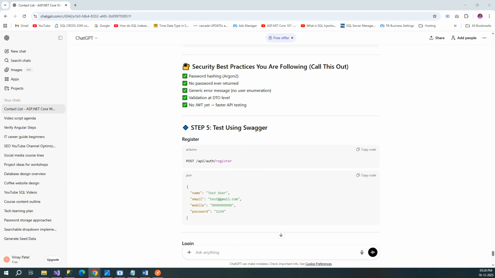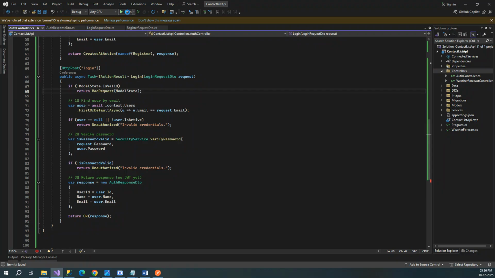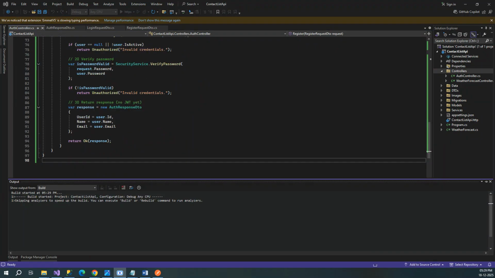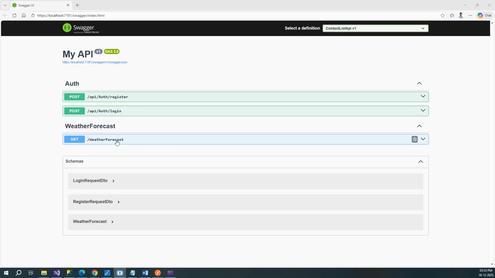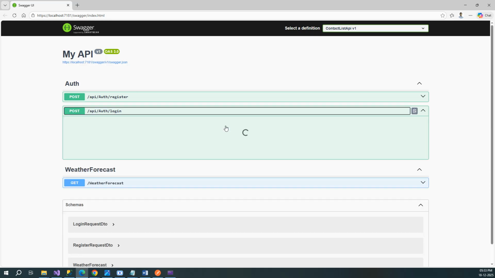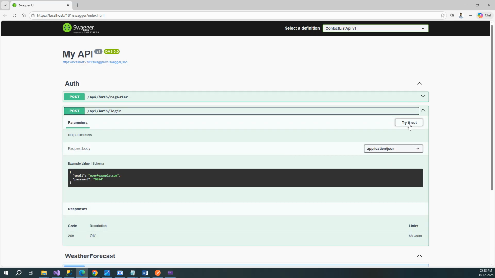So let me run the Visual Studio and let the Swagger output come. Wait till then. So I'm running the application. Let's wait till the Swagger output comes up. Okay, so Swagger is coming up. Let's wait for a while. Okay, so we have our auth controller, we have the weather forecast controller. We already tested this. Let's test this now. Let's test our login because we already have two users in. So let's try to test this login method. Try it out,